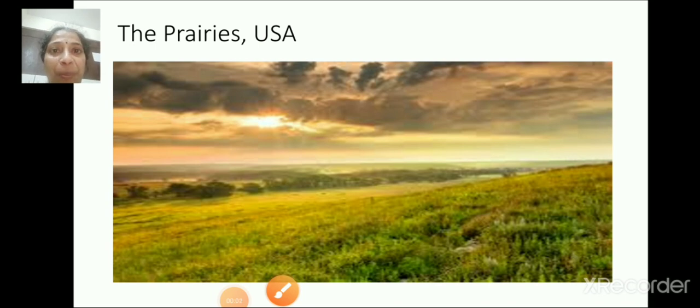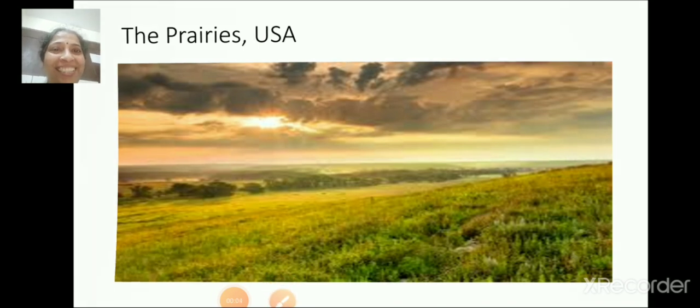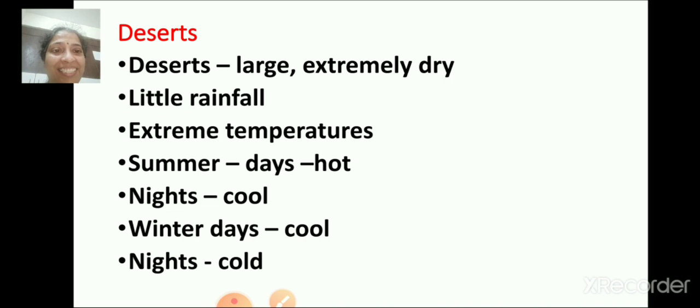So, our next topic is deserts. So, children, what are deserts? Yes, deserts are large, extremely dry areas of land. So, what about the rainfall? Yes, there is very little rainfall and only few plants can grow here.